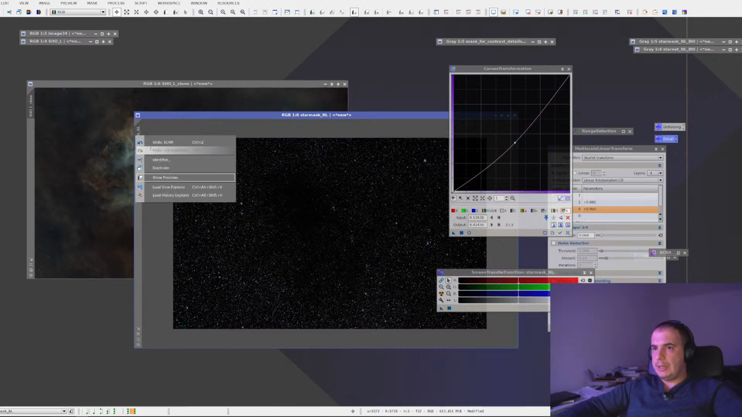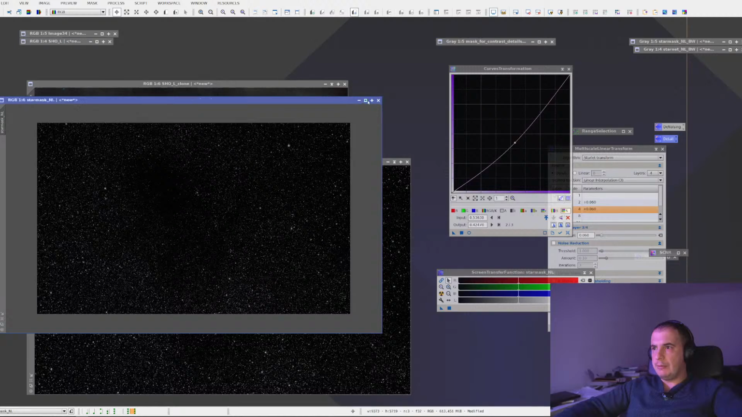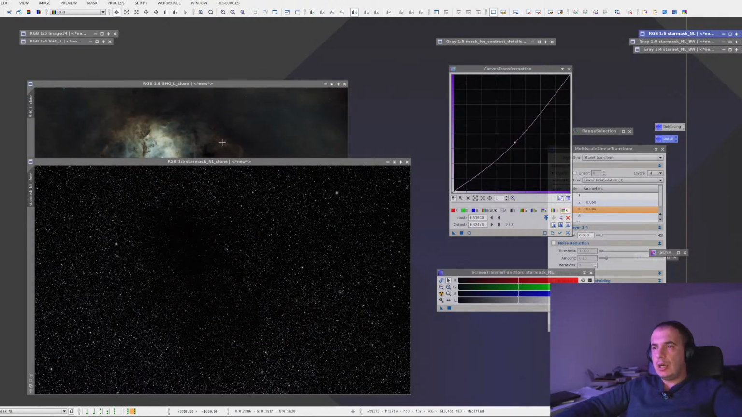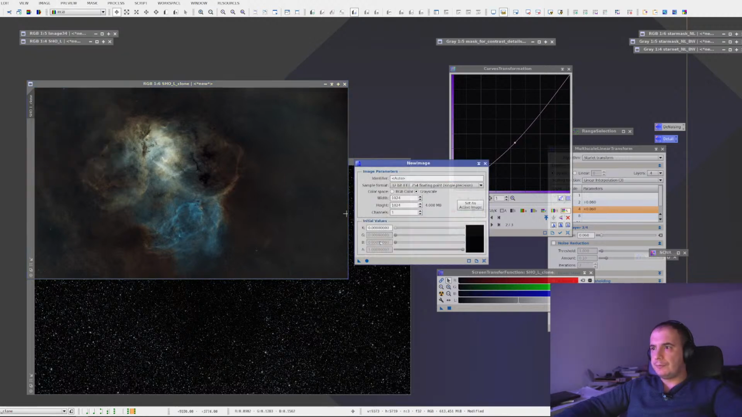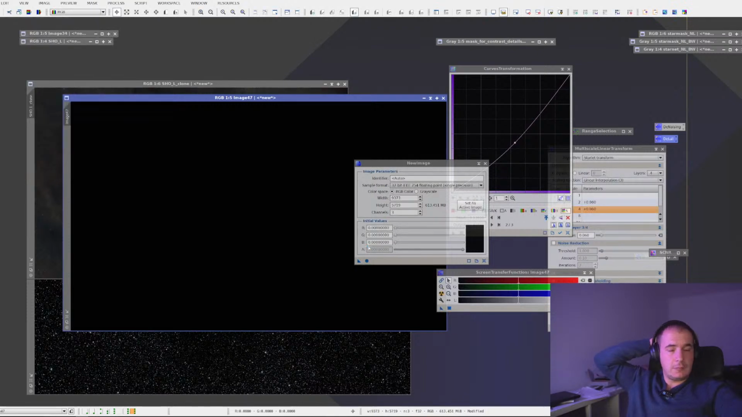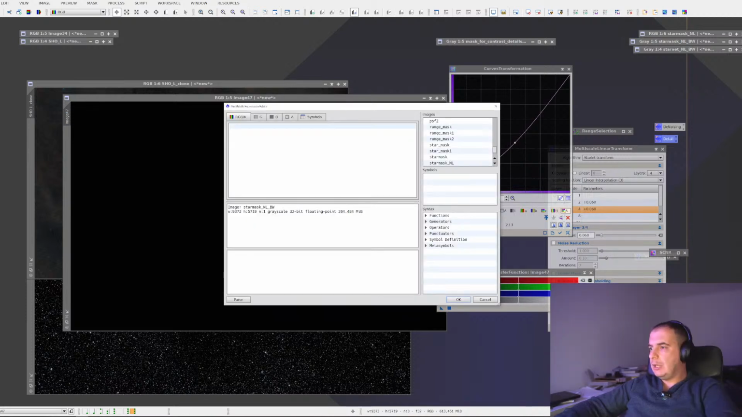So let me duplicate this, because in case I want to be able to go back, I will just make a new image. Okay. And now let's do some pixel math. So a shallow clone, and then we have this one is called